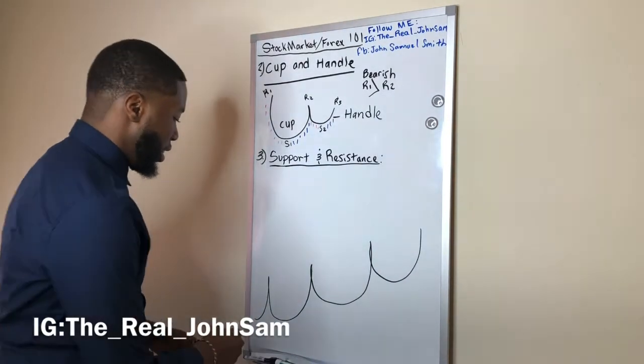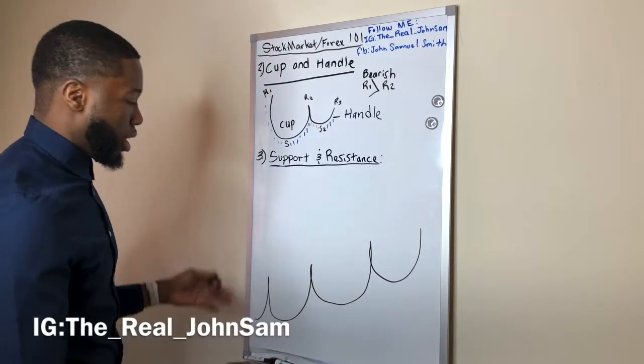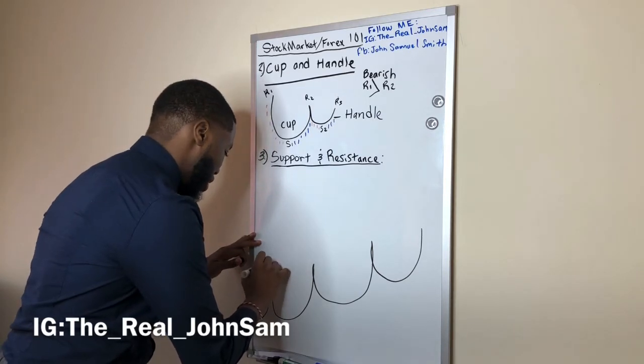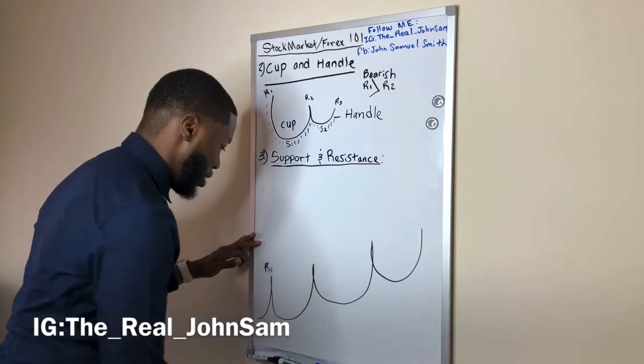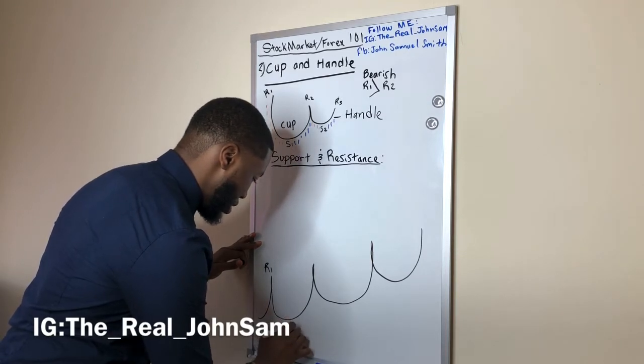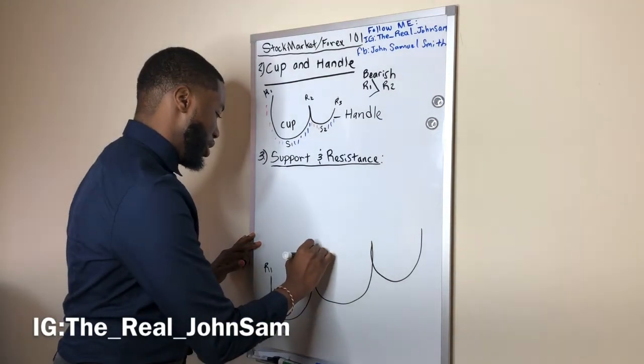And these are the levels you see here. So if this was a chart, this level here would be resistance level 1. So you have R1, you have support 1, so you've got R1, S1, you've got R2,